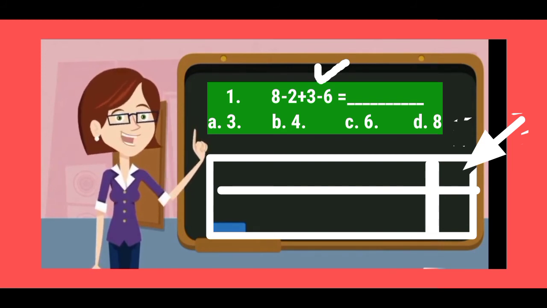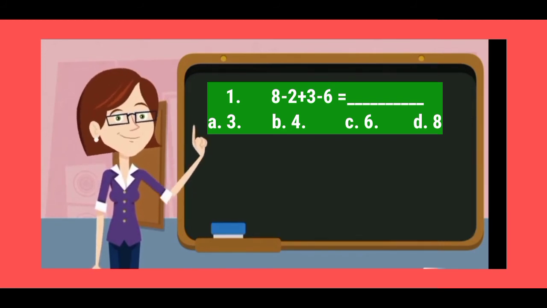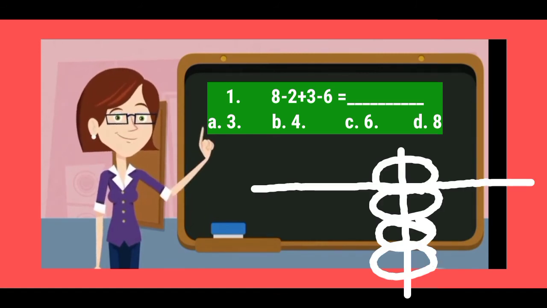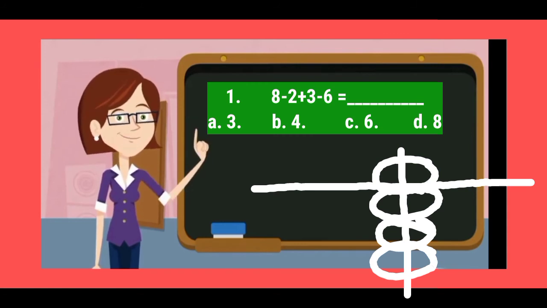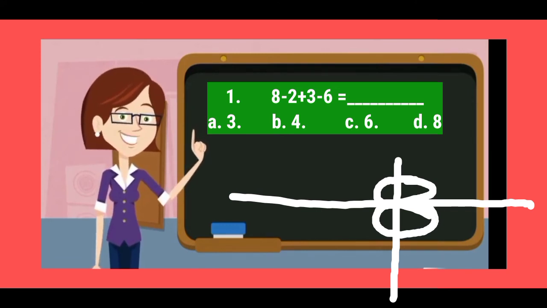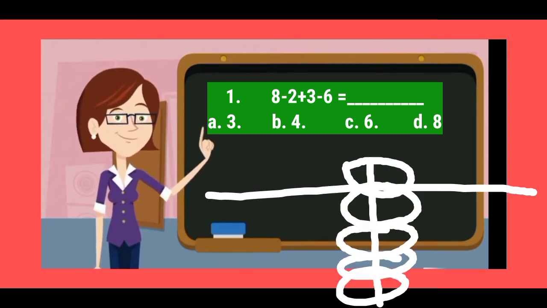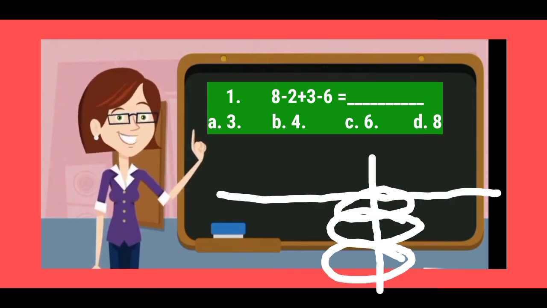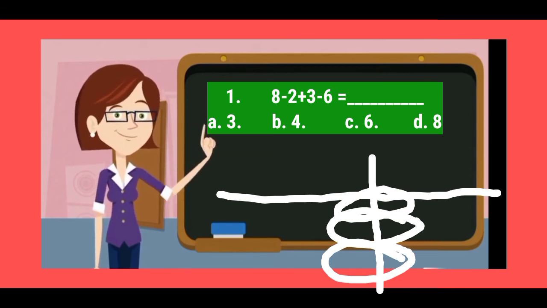So if the scale is like this, you start from your ones place. First you take 8. Done. Butterfly number. Direct. Then you have to subtract 2. So reduce 2 with your index finger. What do you get? You get 6. Right? Now after getting 6, you have to add 3 here. Possible direct. So add 3. Then you get here what? 9. Now with this, you have to subtract 6. So what do you get? 3 you get.